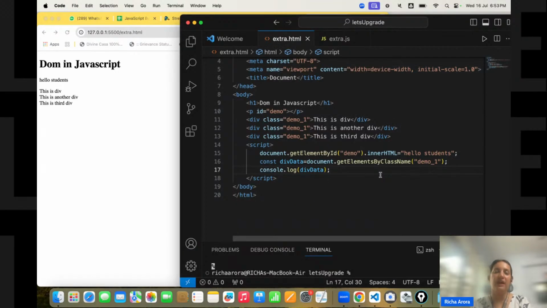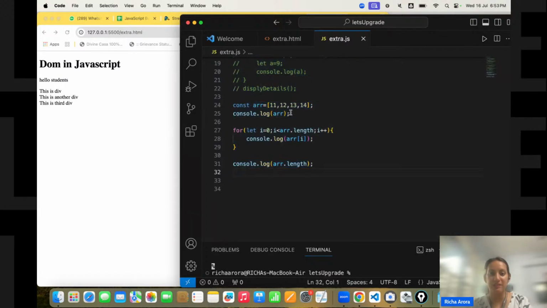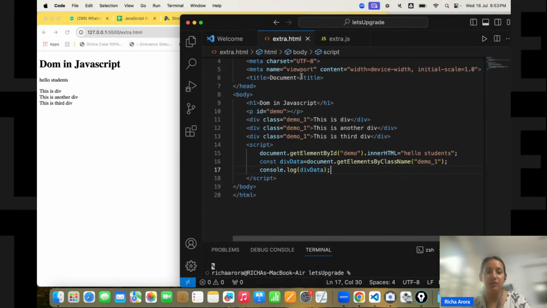Now, I have shown you that if you want to work with the array, you have to traverse the data. Or in this example, let's say you want to select only this value, 13. What is the index number of this value? This is 0, this is 1, this is 2. So if you want to see this value, you can write 2 and it is going to give you the answer of 13 only. Okay, now in a similar manner, if you want to access any of these values, then you have to write the index. For example,